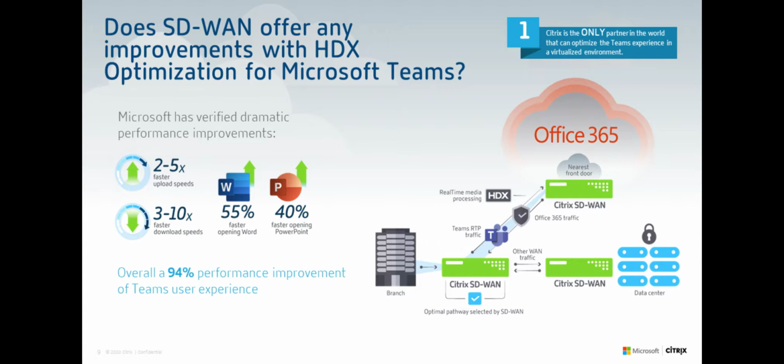Hence, with SD-WAN, this becomes a nice add-on to the Teams offer, because with SD-WAN, we can guarantee that you enter the Office 365 cloud as quickly as possible. We are direct, or as direct as possible in terms of routing. And this will translate eventually into a better user experience. What we see out there is that when you enable SD-WAN to optimize the real-time traffic destined to Office 365, the mean opinion score, or MOS score, can jump from the 1 to 3 range to 4. That's a huge improvement in user experience.